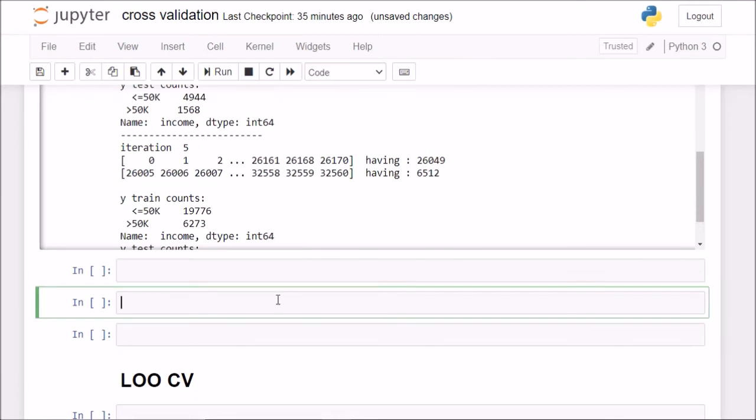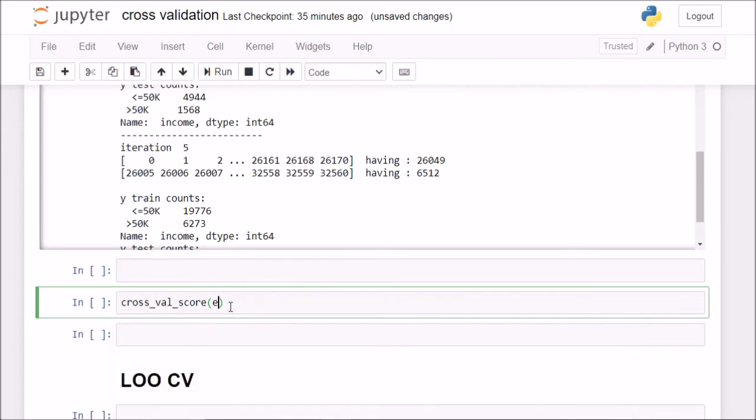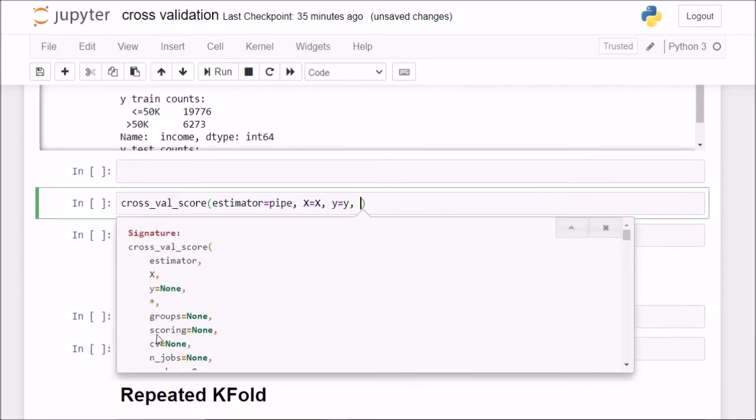Now I'll simply call this cross val score function, and here I need to pass in a few important arguments. The first one is the estimator. So my estimator is my pipe object, then my x, then my y, and then I have to pass in a scoring argument and a cross validation argument.